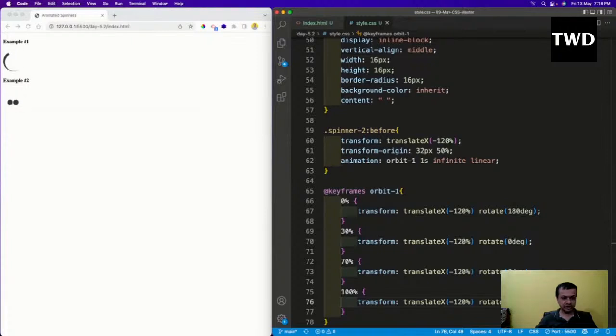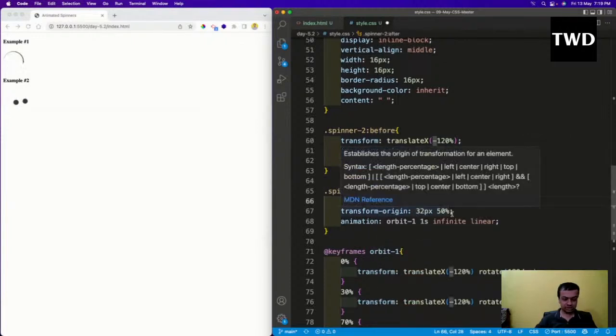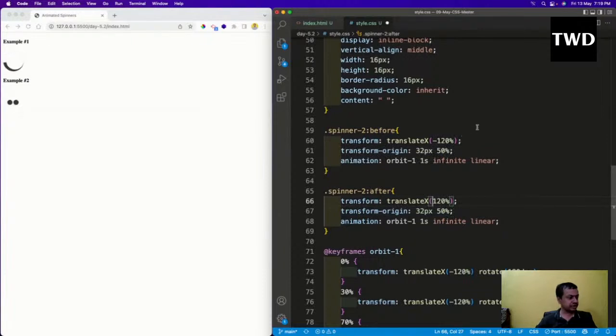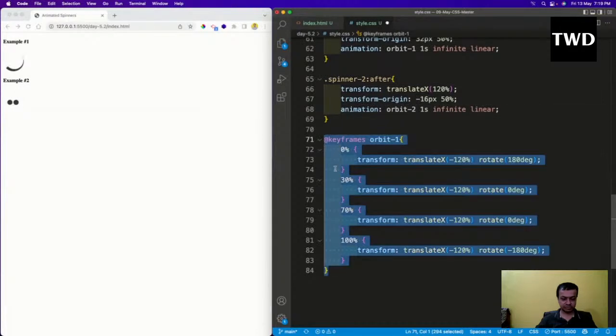So the next thing is that we are not going to stop here. We're going to actually have another animation here, because we want both of them to rotate. Okay, so that will look much better. So animation this, and I will do the after here, and transform translate y is 120 degree, and it is minus 16 pixel and 50%, and orbit 2 1 second infinite linear, and then I will actually copy this thing